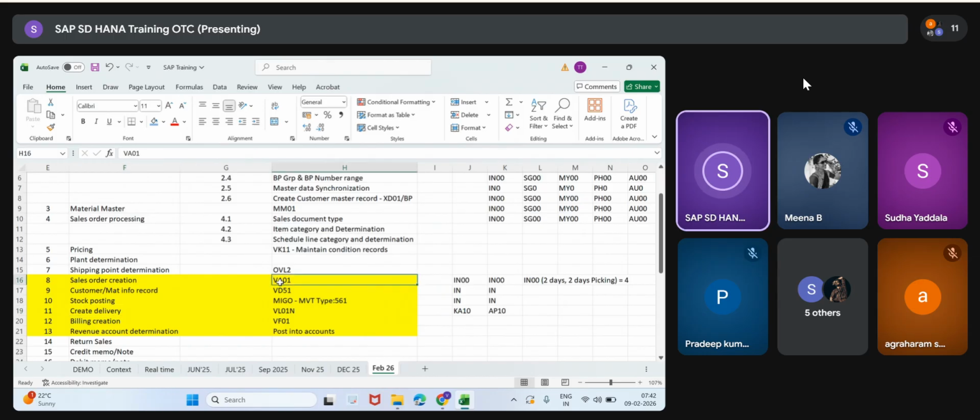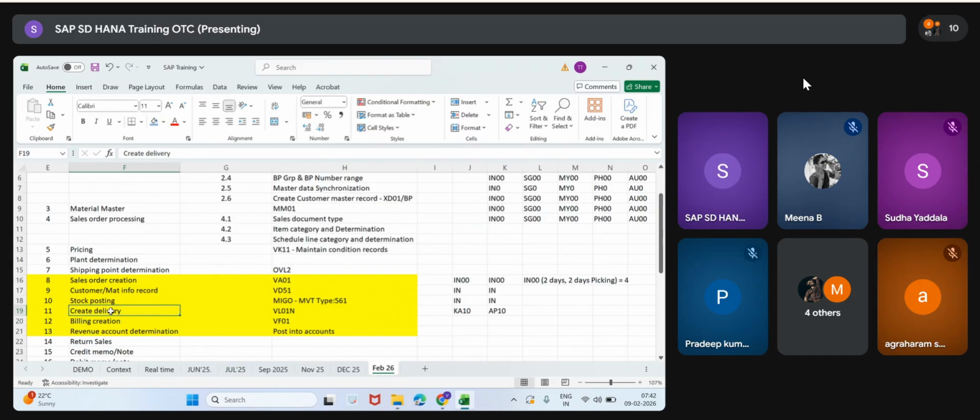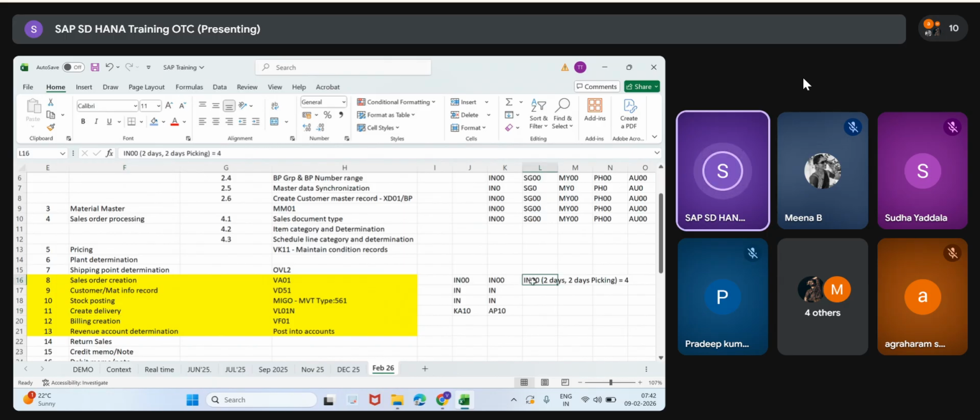Today we are creating the sales order. The system will tell you your shipment will be on so and so date. Today is the 9th, the 13th is your delivery. Amazon also happens like that, right? When you give an order, the system instantly tells you your delivery will happen on so and so date. How? Because of this setup. When IN00 comes, it is some code, not only IN00 but 1, 2, 3, 4, 5. That's why we have to think of it as a code. Inside the code there are 4 days. The system can understand that, and from today, 4 days will be calculated.